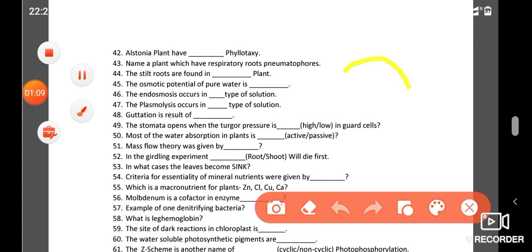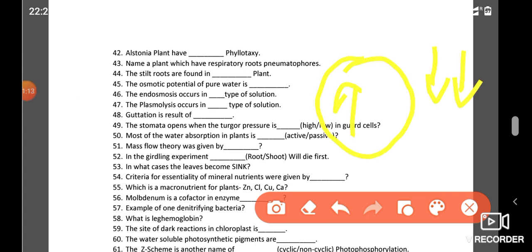What is a hypertonic solution? When the water concentration is lower outside and higher inside the cell. So the water of the cell will move outside according to the law of osmosis, because water always moves from higher concentration to lower concentration. As the water leaves the cell, the shape of the protoplasm will get reduced, because the turgidity was maintained by the water itself.